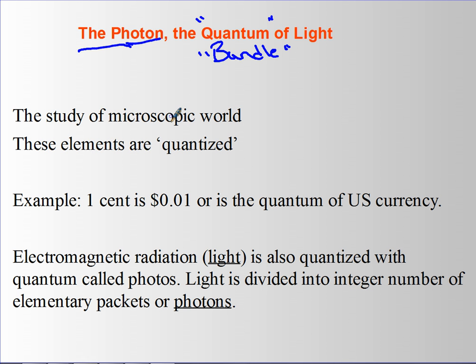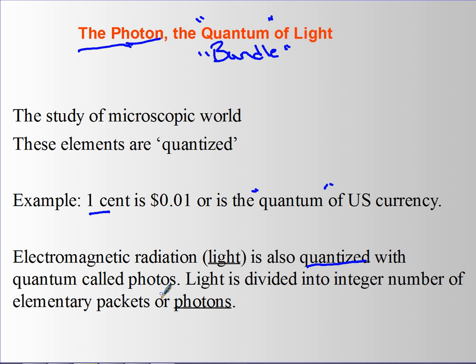Now, when we talk about things being quantized, sometimes the easiest way is to think about money. 1 cent is a quantum of US money. All right, 1 cent is the smallest amount of money you can have. You can't have anything smaller than a cent in the United States. You can have a peso in Mexico. You can have different currencies in different countries. But let's talk about the United States. And 1 cent, that's just the smallest. You'll never go to the checkout stand and they'll ask for $12.57, 0.49.